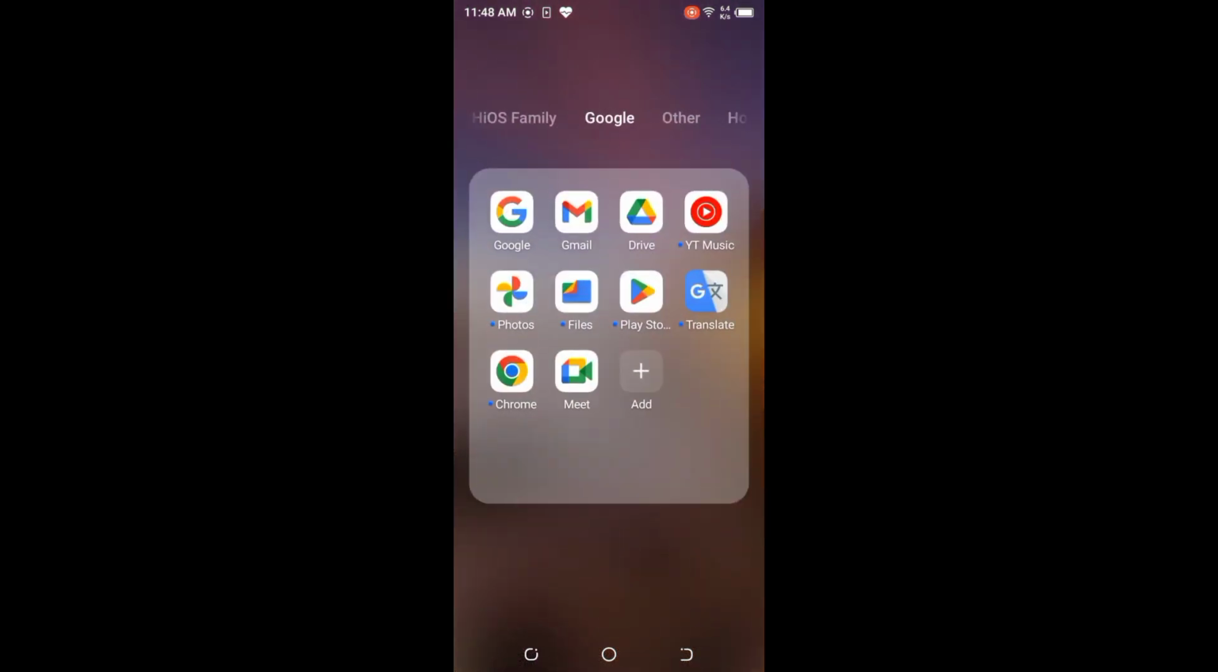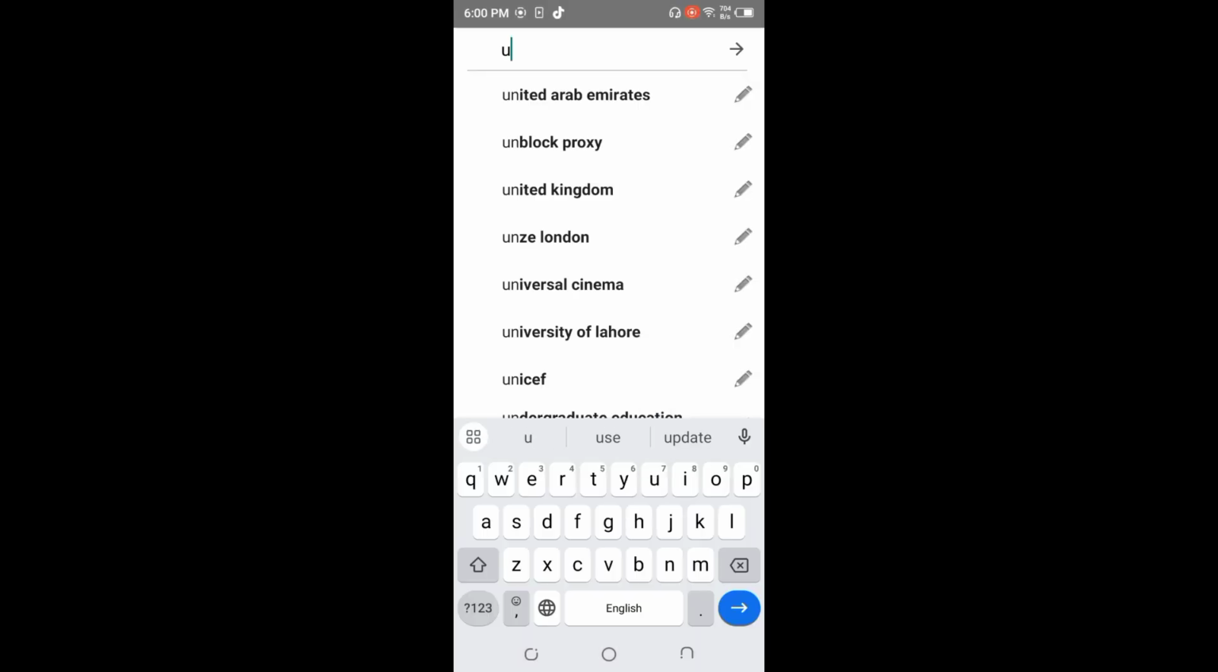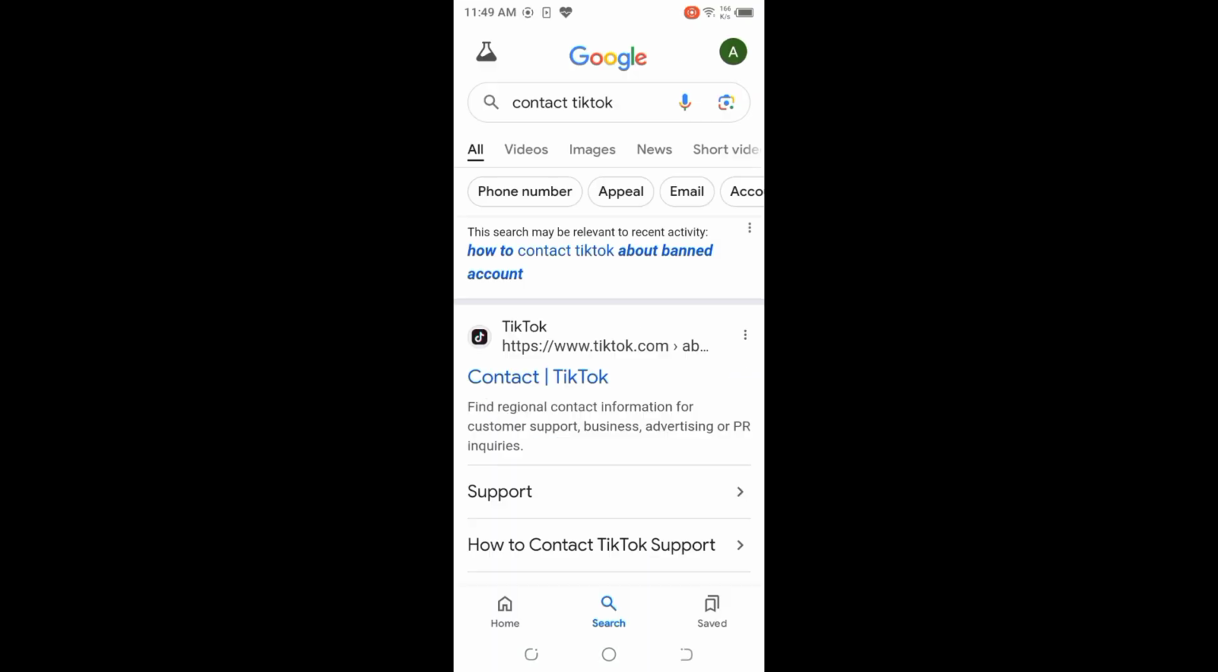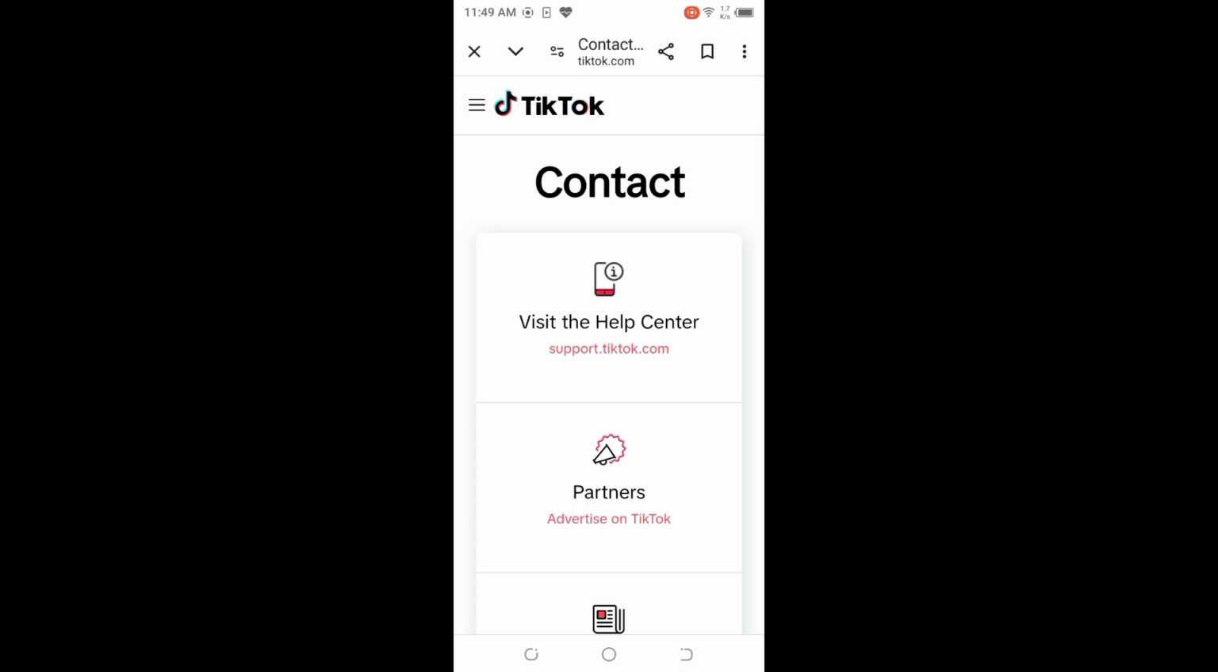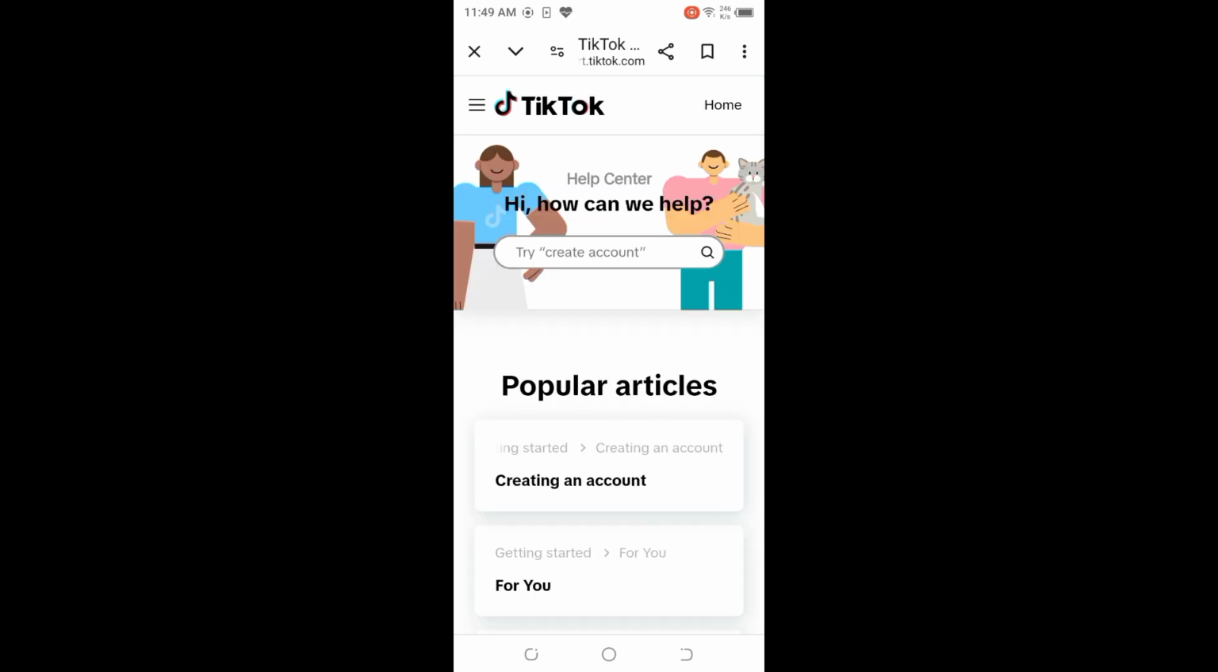First things first, open your preferred web browser, and this could be Chrome, Safari, or any other browser you use regularly. In the search bar, type unbanned TikTok account and then hit enter. From the search result, click on this first website, and once you click on the website, you will land on a screen like this. And here click on visit the help center, and with that you will land on a screen like